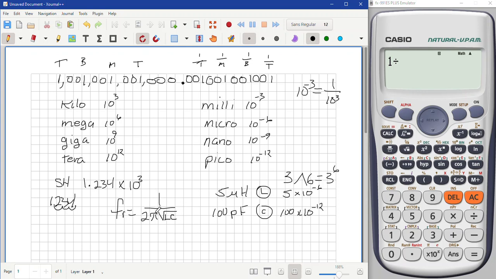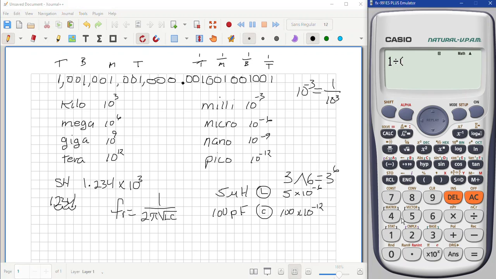So this is what we're going to enter in our calculator. Here's the 1 over part, and I'm going to put this denominator in parentheses. So that's going to be 2 times pi, and there's actually a key for the pi, so I don't have to type it in, times